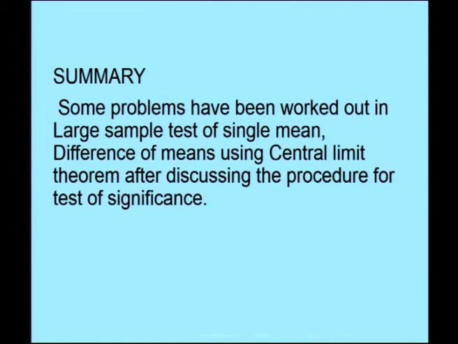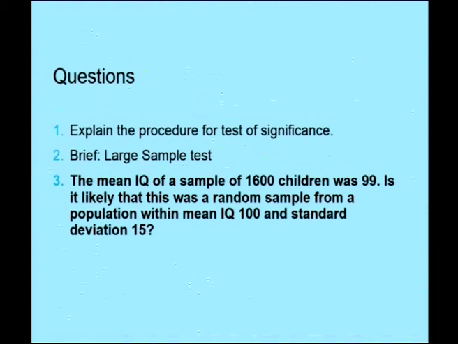After discussing the procedure for test of significance from step 1 to step 5, some problems have been worked out in large sample test of a single mean and difference of means using the central limit theorem, which says that the variable can be normalized to standard normal distribution. Based on the discussion in this session, the following questions may be posed. Explain the procedure for test of significance, brief the large sample test,